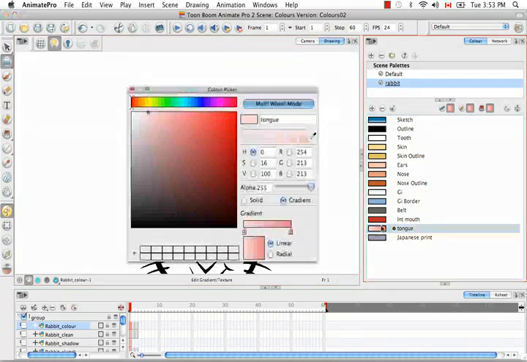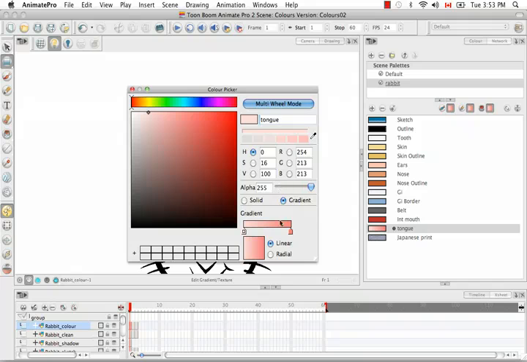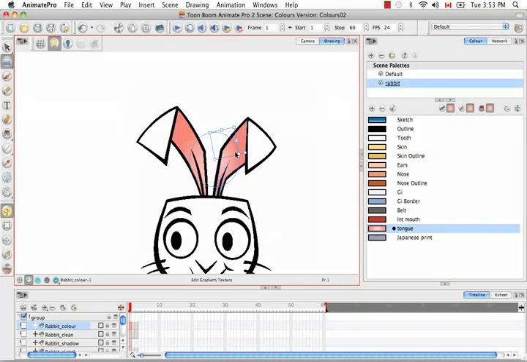And if I double click back on the tongue swatch and change it from linear to radial, and then click in the ear again, you'll see that the Edit Gradient Texture tool changes into a circle, because this is now a radial gradient, and you have to be able to adjust the gradient in terms of a radius and a circle and the properties of a circle,